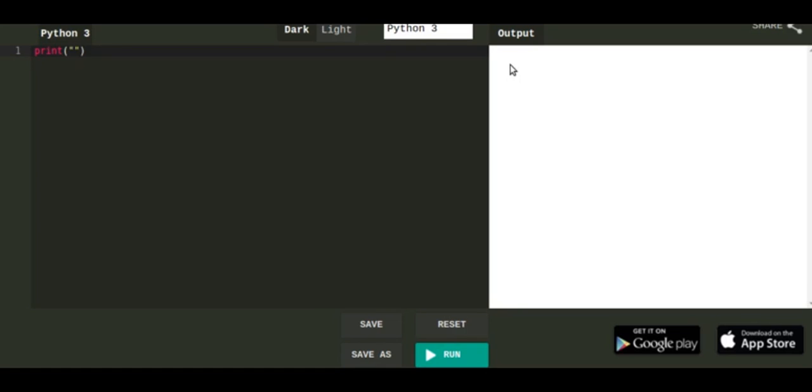I will tell you what the use of these inverted commas is later, but now let's focus on the code. After that, the string which you want to print, which is hello world. After that, we run this command, and you will see that it will just output hello world.